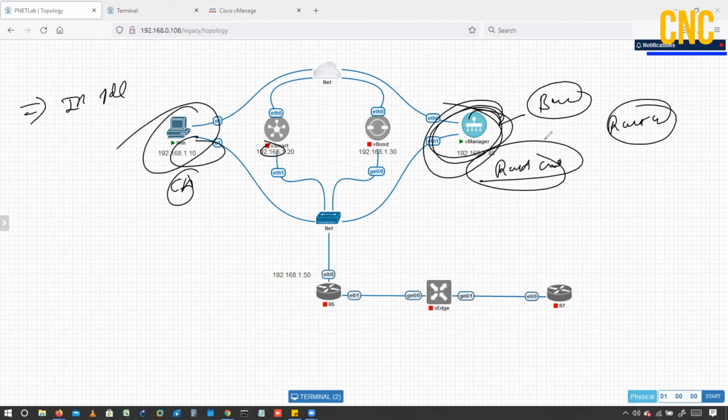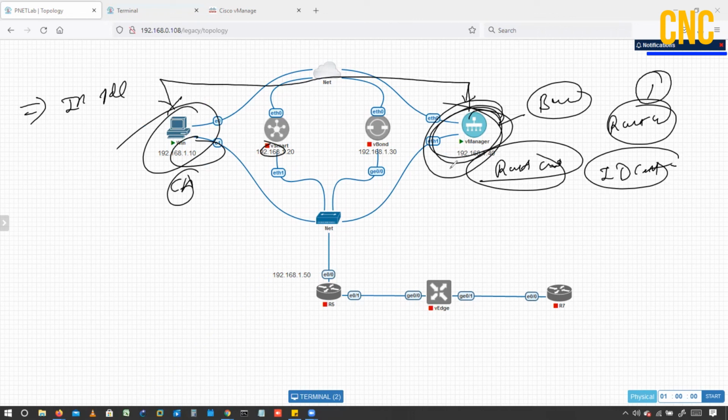Now we need to add the ID certificate on the vManage. So the root certificate we have done. That is a very important part that I'll do for vBond and vSmart also. So this root certificate is a one-time configuration that we have to do here. This will let it know who my root server is. Now after that, I have to configure ID certificates for all these 3 devices. Okay, so let's do that also.